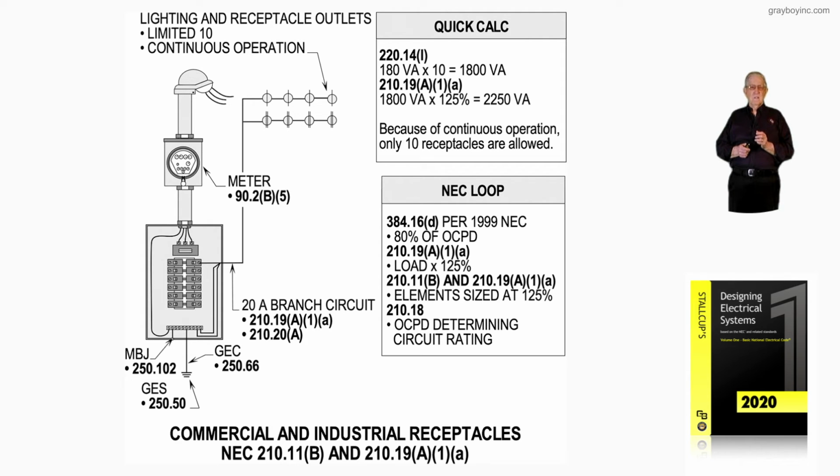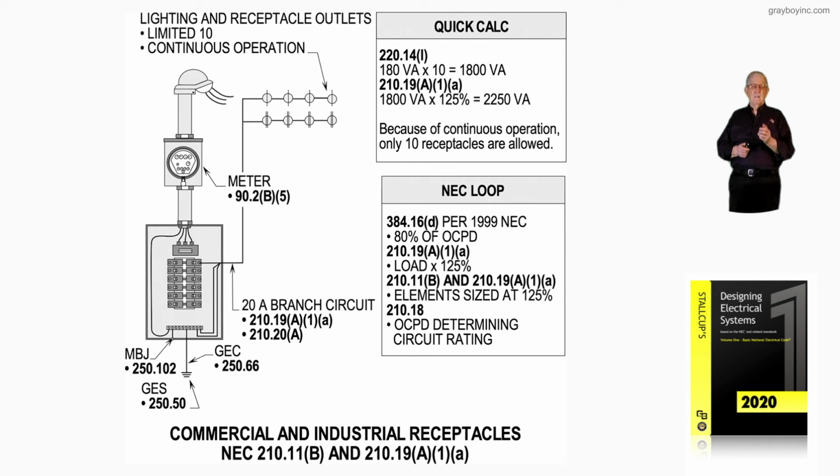220.14(L) just basically says if you don't know what the outlet value is that you're going to take power from, just take 180 VA, and if you had 10 outlets, that'd be 1800 VA. And then the application of 210.19(A)(1)(a): 125% of 1800, there's the load. So we'd have 2250 VA, and we would increase it 125% because of the continuous loading, and we could only have